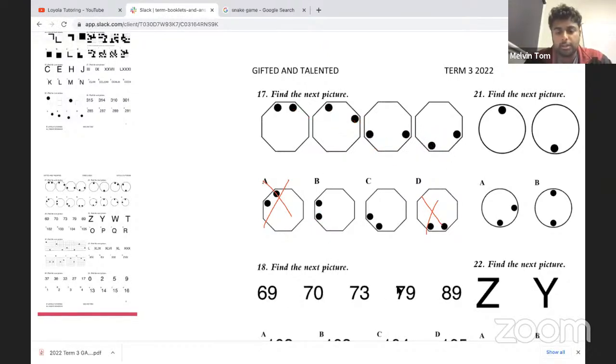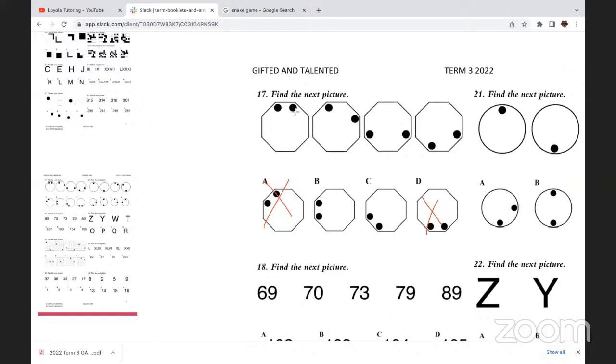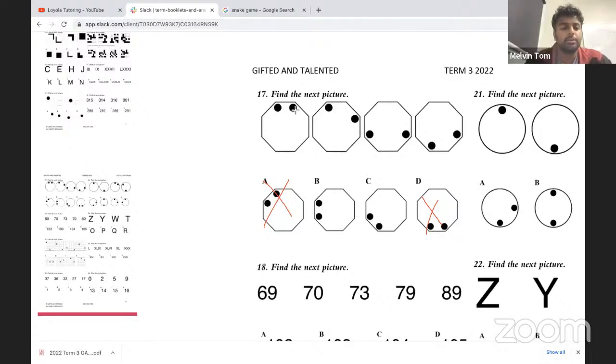So the next circle, I'm going to use a different color. Melvin: in my book, it says the answer is B. Okay, I understand. But I want to show you guys how to do the question first. Now that we know what the first circle did, this circle apparently went here. So it went left 1, then left 2, then left 3. So it's going anti-clockwise. If you imagine a clock that's going backwards, it's going like that. So it went left 1, left 2, left 3. So then it would go left